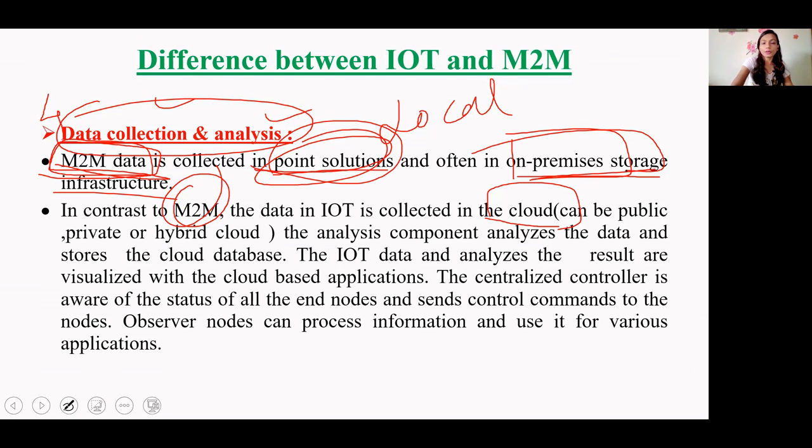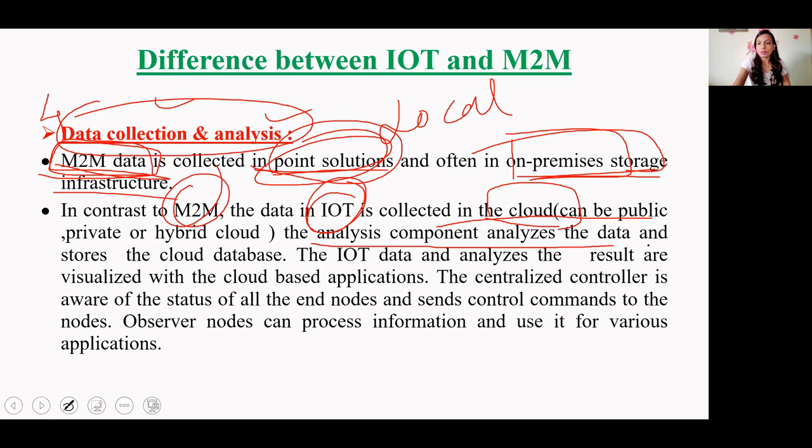In contrast to M2M, how is IoT data? It can be collected in the cloud, which can be public, private, or hybrid. Public cloud means you have purchased from someone, and others have also purchased from the same. Or maybe you are making your own cloud storage, keeping it elsewhere and connecting via internet. Or you can have hybrid. Okay.